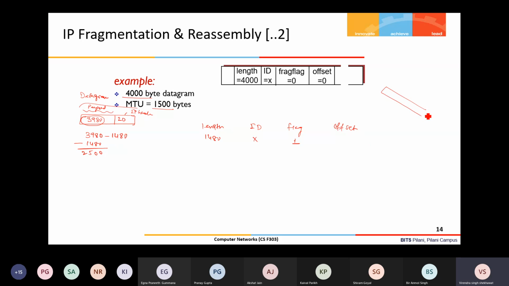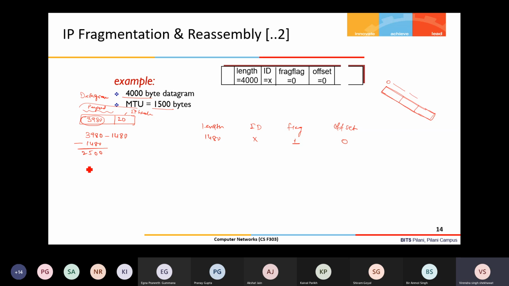The offset value will be used when it reassembles. It will say where to place the first fragment, starting from byte 0, then the second fragment it receives it puts here, and then the third fragment. If the flag bit of the third fragment is 0, then it says the entire datagram has been reconstructed. Let us say three were there. Offset value will be 0 in this case because this is the first 1480 bytes of this larger datagram.